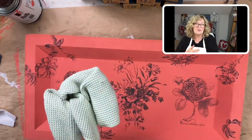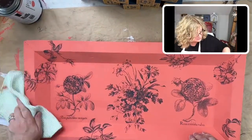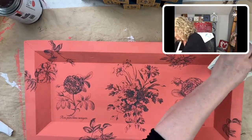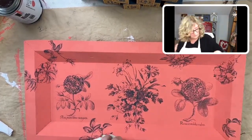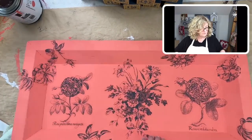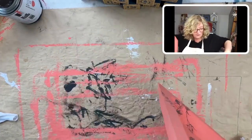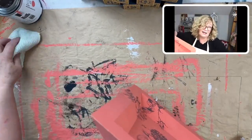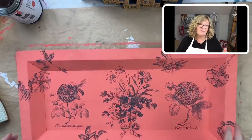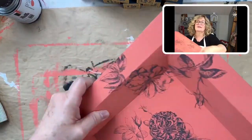Now I've got my microfiber cloth and I'm just gonna wipe away that dust. No wax yet. Just like that. Get it off. Before you wax or do any kind of finishing, especially like with a poly, you don't want any of the paint dust around. So let me show you